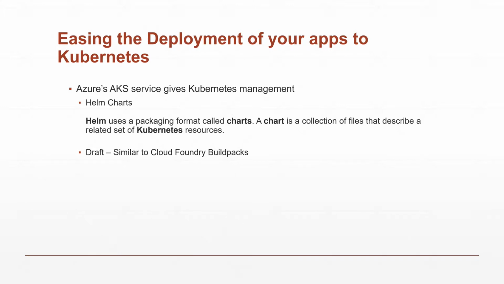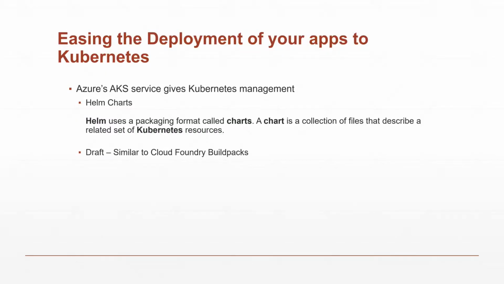Something a little bit new that they were presenting was a tool called Draft. Have any of you deployed to Cloud Foundry before? Just out of curiosity, a few of you. Cloud Foundry uses a term called build packs. You take a .NET Core application and push it, and Cloud Foundry goes, oh, this looks like a .NET Core application, and then it finds the bits for that. Draft is similar. The only difference is Draft runs on your local machine. You run Draft and it goes, oh, this is a .NET Core app, and then it packages it up ready to deploy to Kubernetes. But similar in concept.